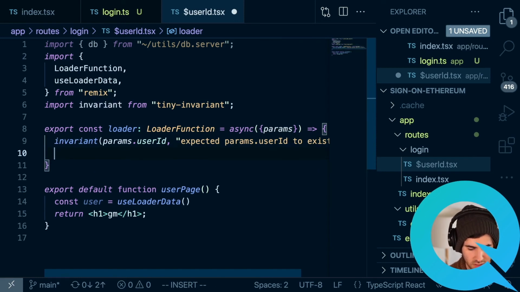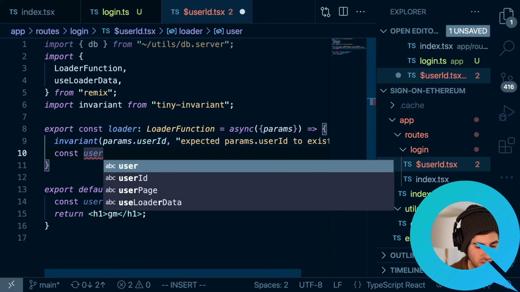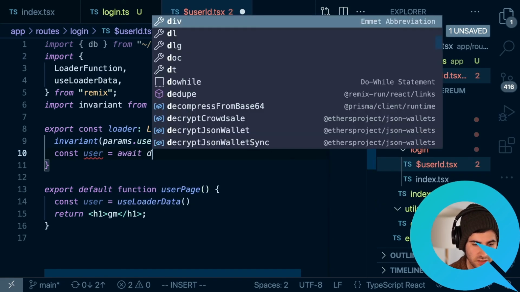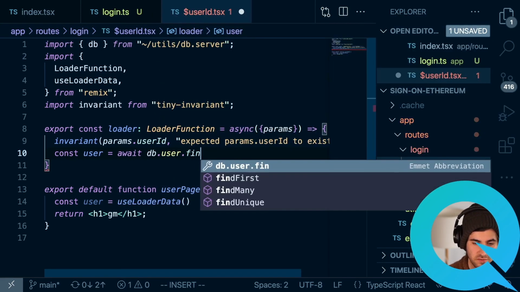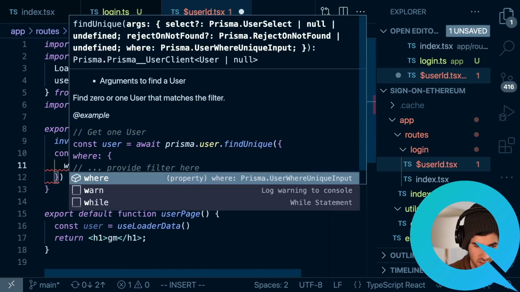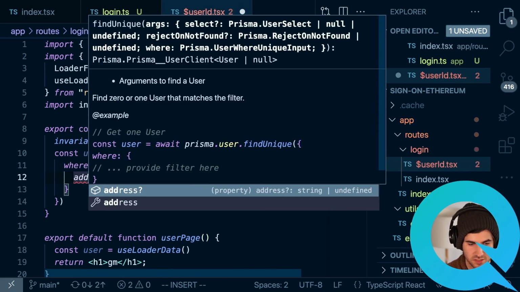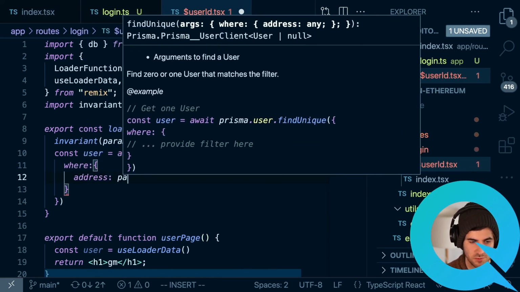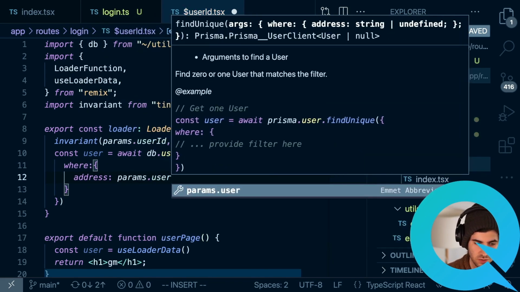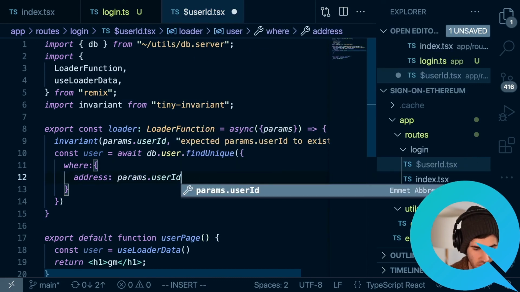Now we can pull in a user. We'll say const user equals await db.user.findUnique, where the address of the user is equal to params.userId.